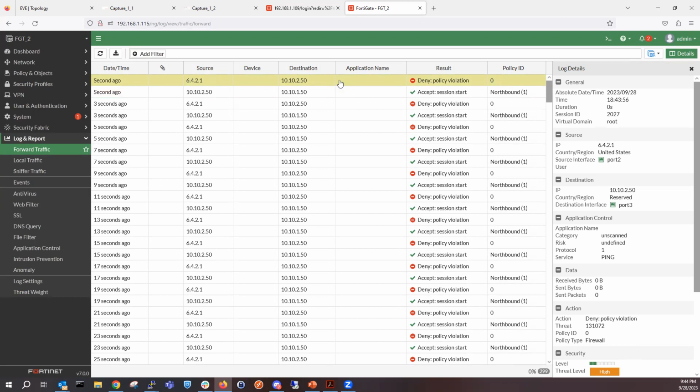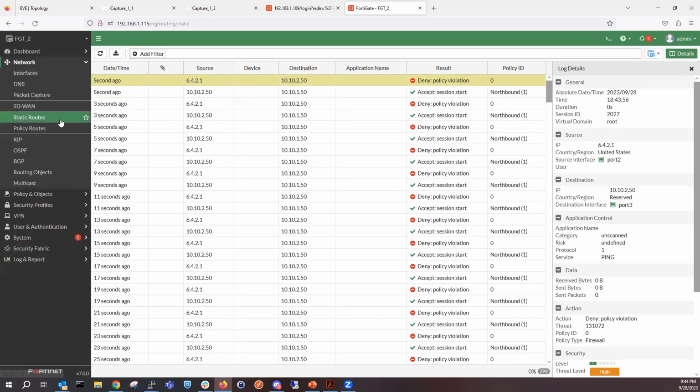Could it be because it doesn't have a route? There we go. So I want you to start thinking like a network security engineer. You're not just thinking about security, you're thinking about networking as well. So if we go back to our routing table that we configured,